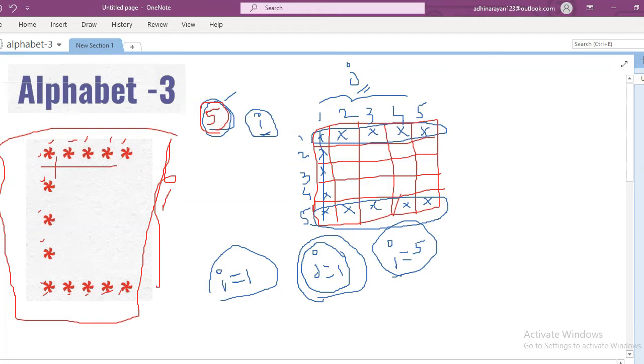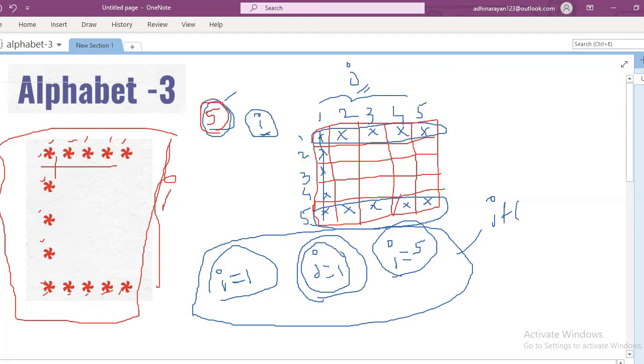So print stars. So these three conditions we are returning in the if and else condition. If these conditions are true, print star. Otherwise, in the else block, print some space. Why? Because here it will be spaces.